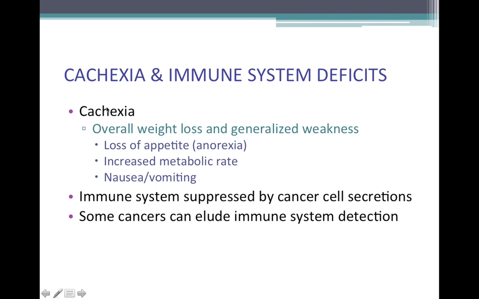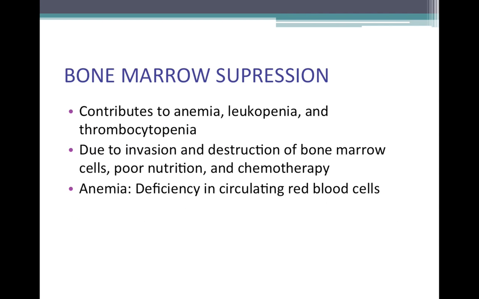Now, I mentioned earlier how cachexia just means weight loss, but it's really this wasting syndrome where you have a loss of appetite, increase in metabolism, and nausea and vomiting, and that leads to a generalized weight loss and anxiety that we call cachexia. Now, what happens, you guys, is that often cancers can suppress the immune system because a lot of your immune cells could be devoted to fighting that cancer, and by diverting your immune system away from fighting other pathogens, it leaves that person more immunocompromised and at higher risk for infections.